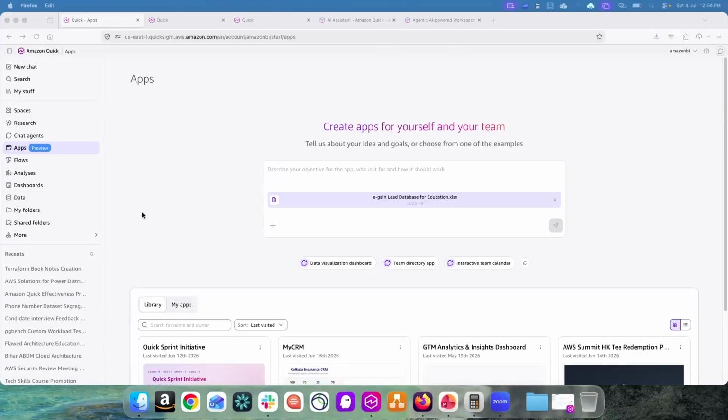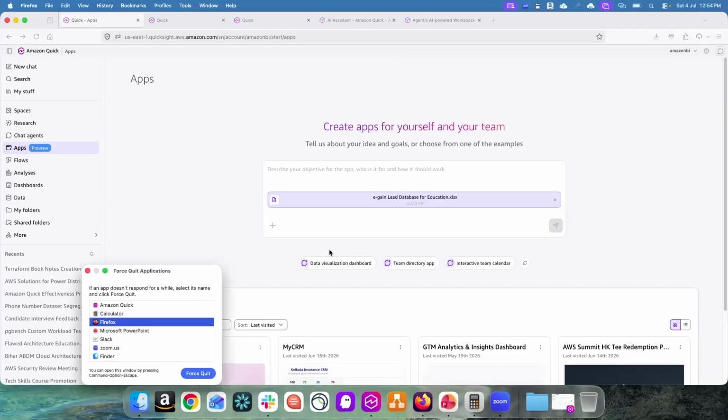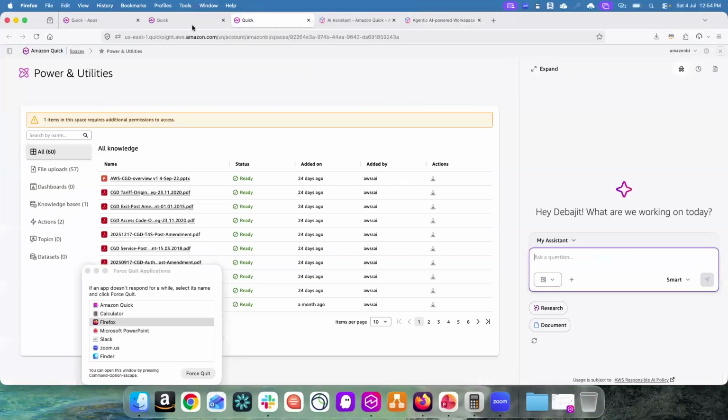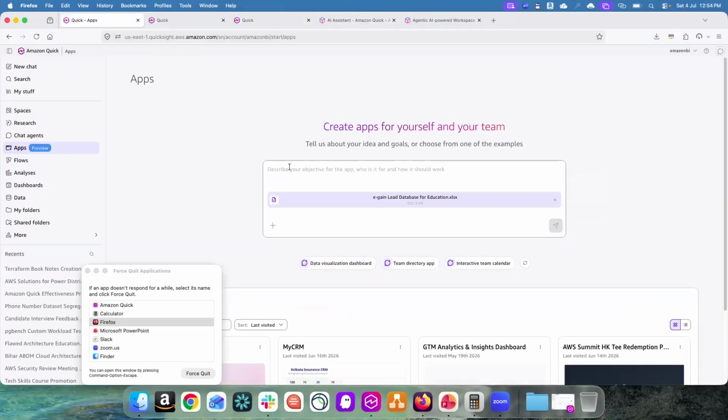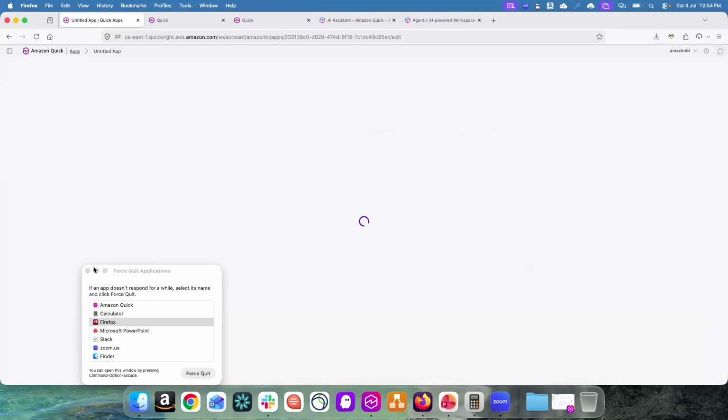Okay, and once it's done, simply just type. I'll just try to... hold on. So now I can see, based on my uploaded file, create a CRM application in plain English, and create. So now it is creating